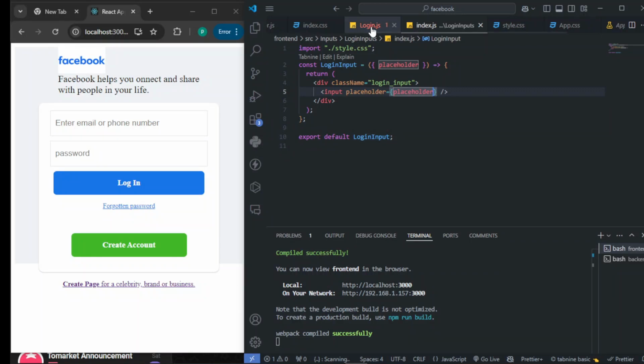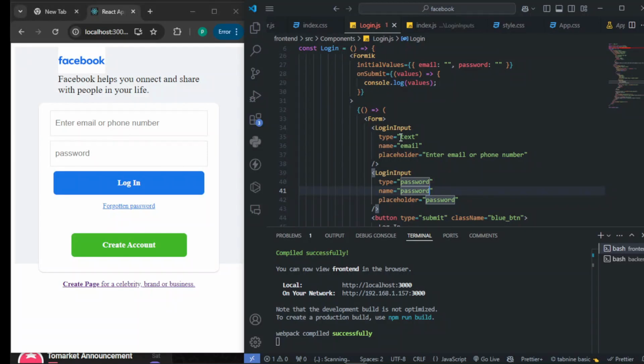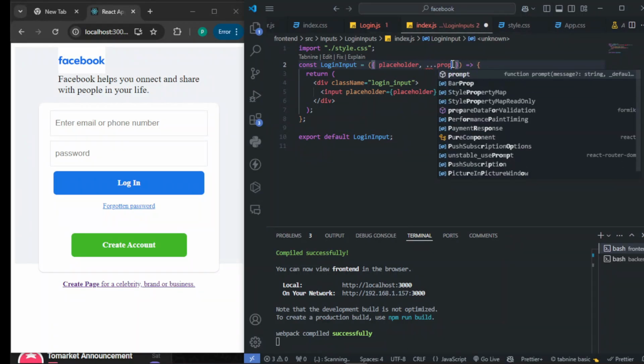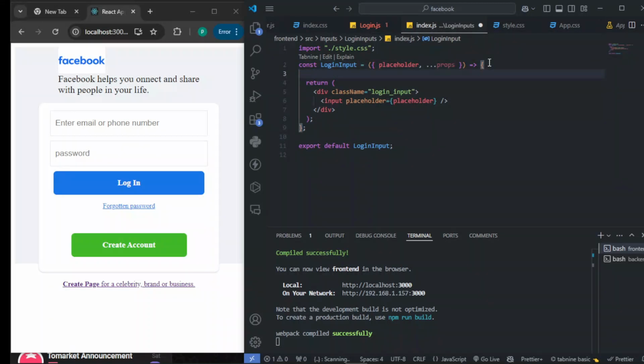Since we've passed in other values inside this login component, to be able to grab them and get our fields, we'll pass them as props here. So we're just going to spread them as props. For me to grab other attributes I have in my login input,